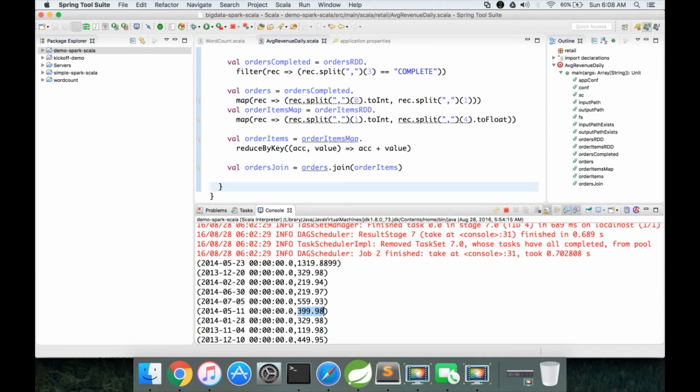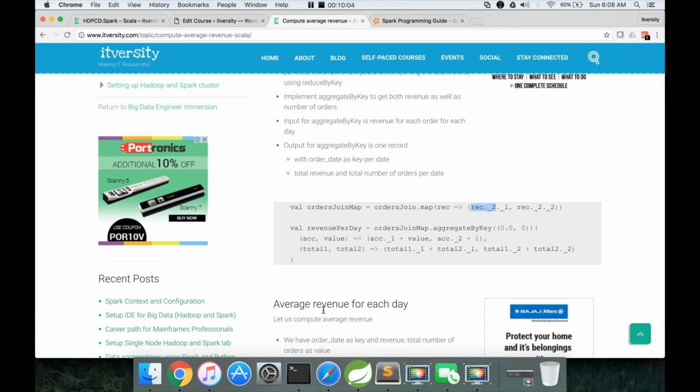The float will have the total revenue for each day, and the integer will have the total number of orders. So the first one itself is broken here, and hence we have to use aggregate by key only. And as we have only revenue, there should be some other way to compute the total number of orders.